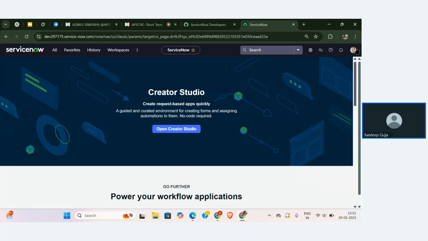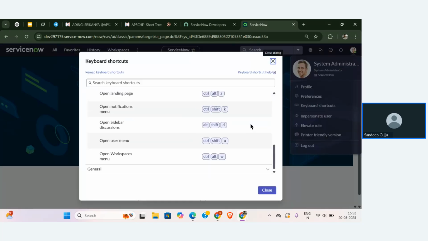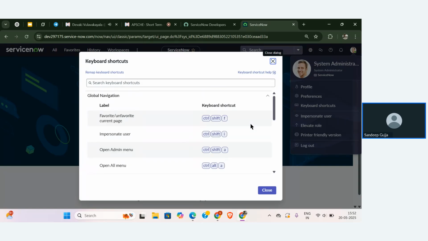Coming to the next option, that is keyboard shortcuts. We already know a few shortcuts, right? Control C is copy, Control V is paste, Control X is cut. In the same way, ServiceNow also offers some shortcuts here.